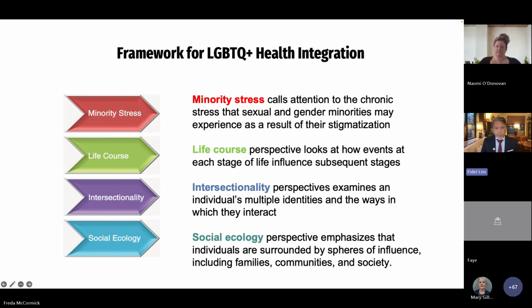Intersectionality perspective is the idea that we all have multiple identities and the way they interact and interconnect with each other. So, for example, I identify as a nurse. I identify as a male nurse. I am an immigrant in the US. I am middle-aged. I'm male. I'm gay male. So all of these affect